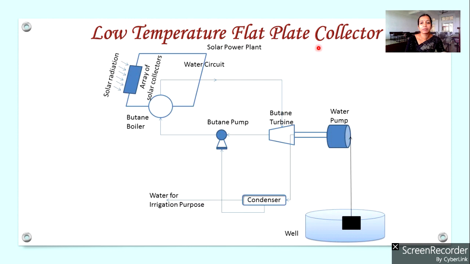So we know a flat plate collector. This low temperature system uses an array of flat plate collectors. A number of flat plate collectors connected in series is used, which collects solar radiation. So we know that in flat plate collectors, the tubes carrying the working fluid are in contact with the absorber of the flat plate collector. So when the absorber receives solar radiation, it gets heated and it will transfer the heat to the heat transfer